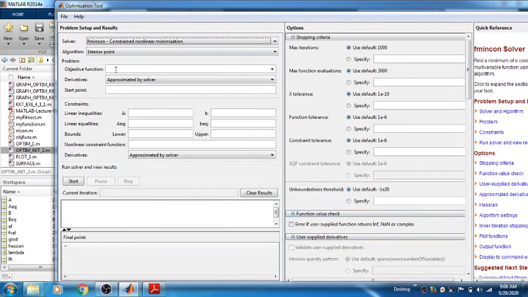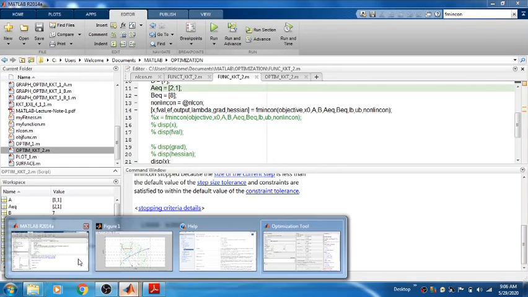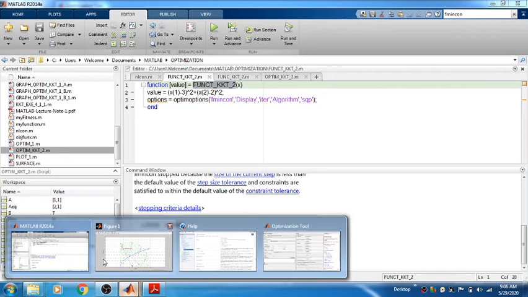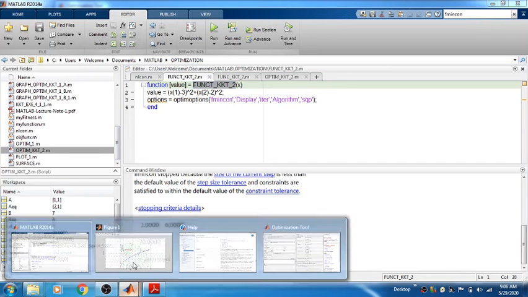Here we need to write it. So you need to write fmincon. Now here you have to write the at sign. What at sign? You have to see what the function was. This is the function, you can see. We have to write this function, and the function name itself is a function. The problem was on KKT. So this is the function I've written, and you need to copy and